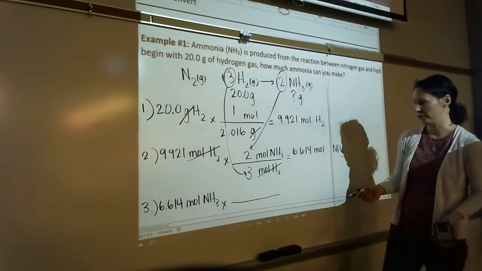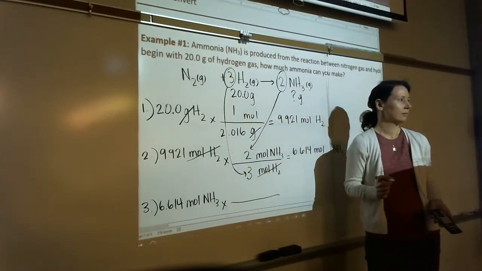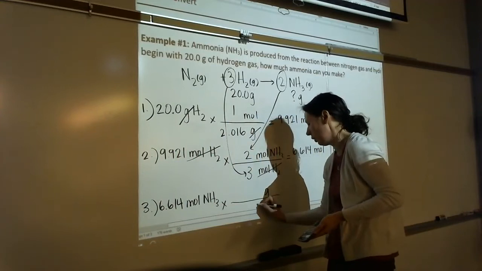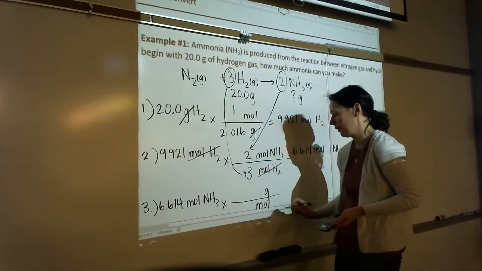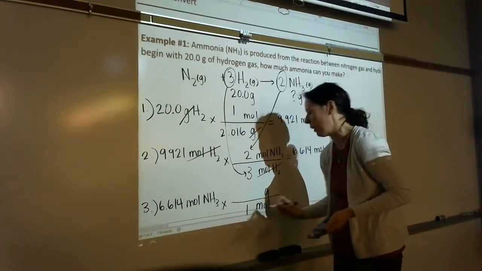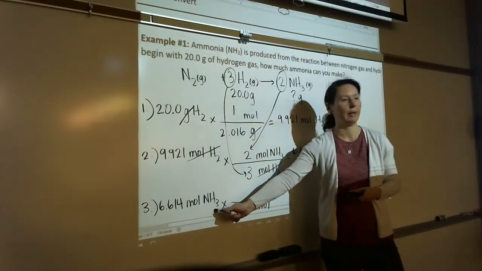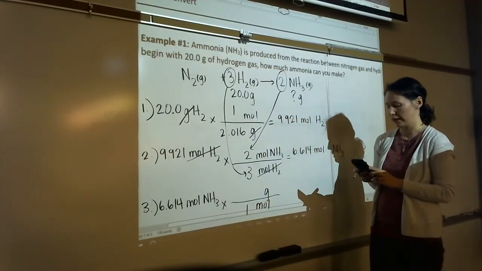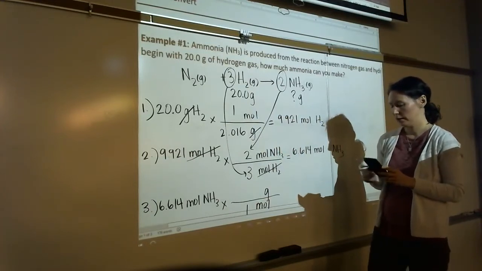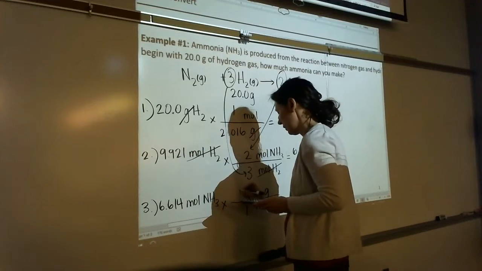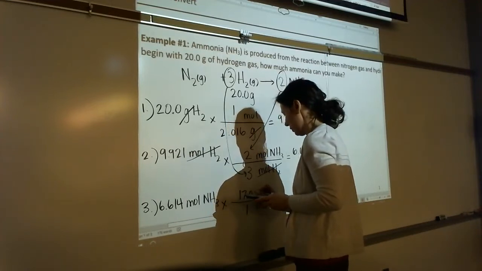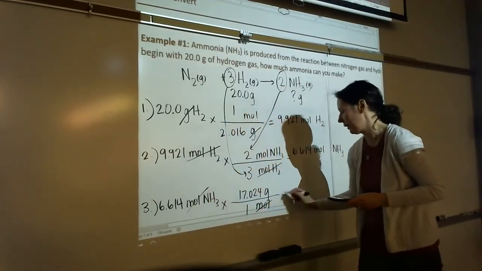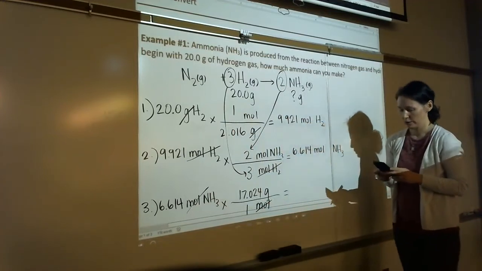So if I'm converting to grams, does grams go on top or on bottom? Grams would be on top, right? Because that's the unit I'm converting to. And mole would be the unit I'm converting away from. So 1 mole of ammonia has what mass? Well, you have to calculate this molar mass, right? It's not just sitting on the periodic table. I've got to calculate it. So 1.008 times 3 plus 14. Right, that's where we get our molar mass. So 17.024. So moles goes away. I'm left with the unit grams. So times